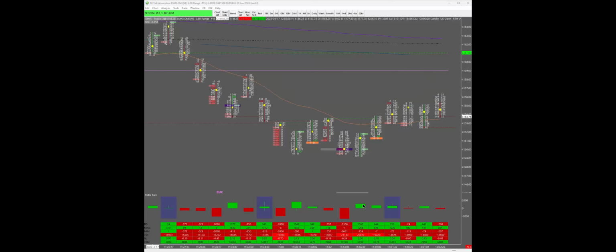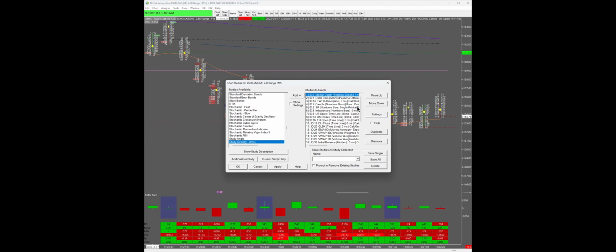Alright, what's going on? So, I'm going to talk about the min and max delta. I'm going to talk about what I call the volume delta a little bit as well. But where I get these from is the numerous bars calculated data study. So, I will show you